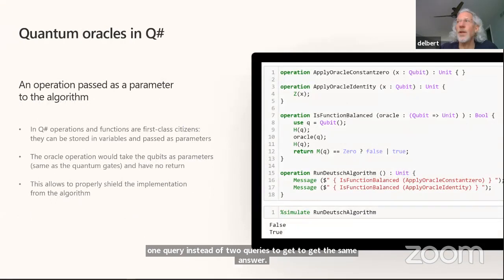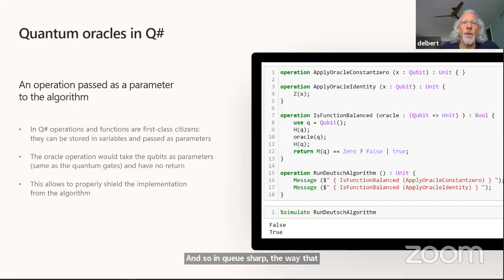And so in Q#, the way that looks is you end up, again, going back to use a qubit, apply the Hadamard, apply the oracle, apply the Hadamard again, and then measure. And the key here is that these oracles are first class, they're operations in Q#, and they're first class citizens that you can pass around as